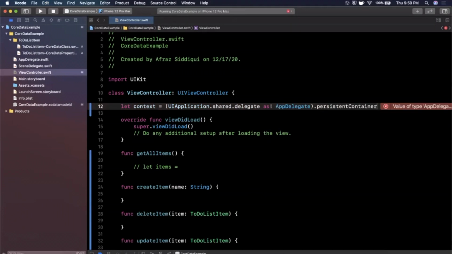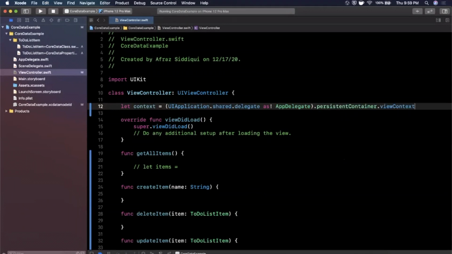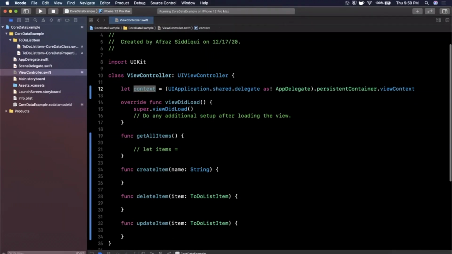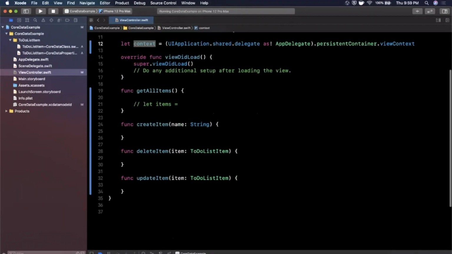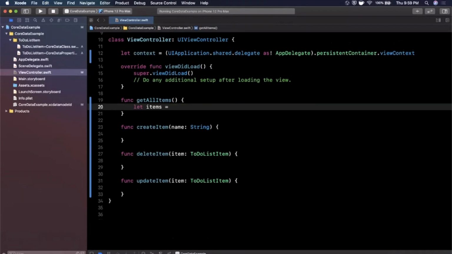Here it is, persistent container. And off of this, we want to grab the view context. And the context is where you can actually go to perform operations on the objects in the core data database. So in our example here of getting all the items, we're going to say let items, and we're going to